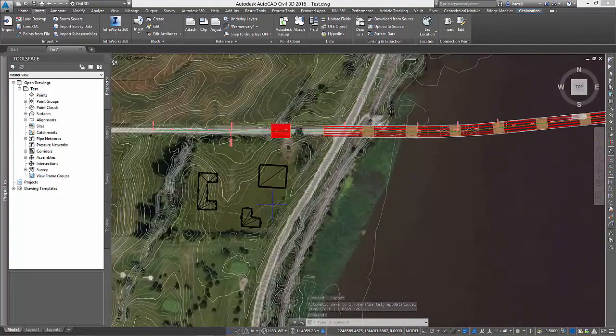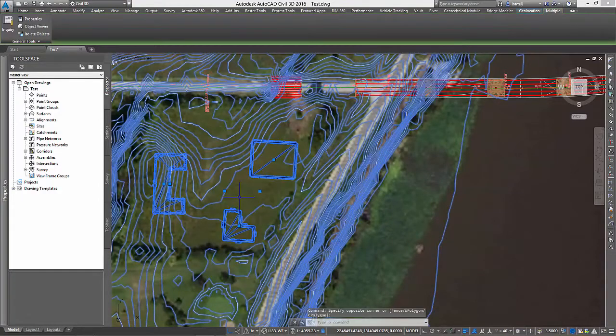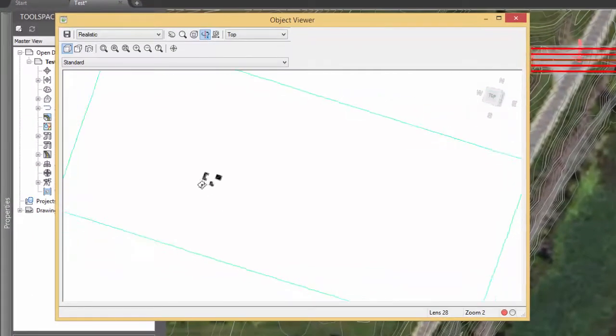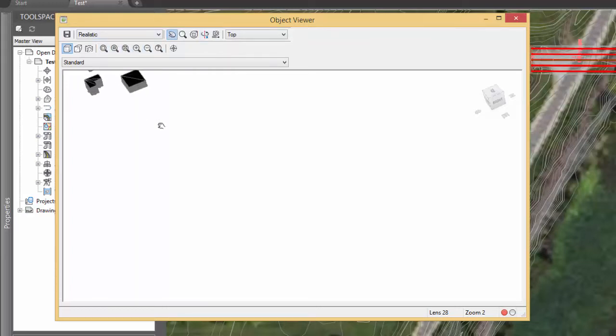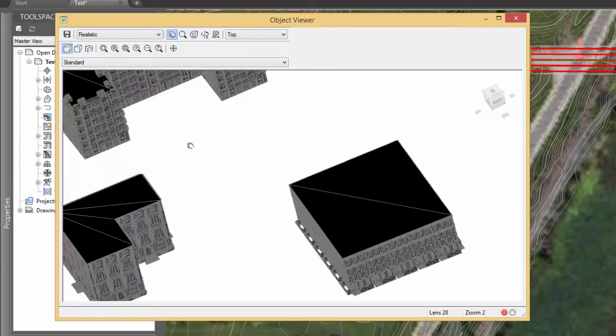If we zoom up and just select the buildings in my surface here, we'll take a look at it in the object viewer here very quickly. View those buildings. We'll pan over, and we see that the buildings themselves that have been created are of that same level of detail that we had before. Now the thing is, it brought the buildings over. We have that high level of detail,